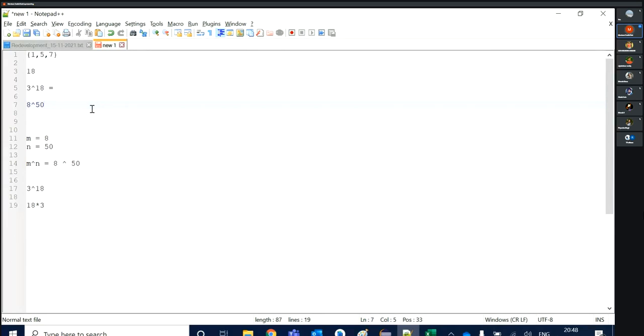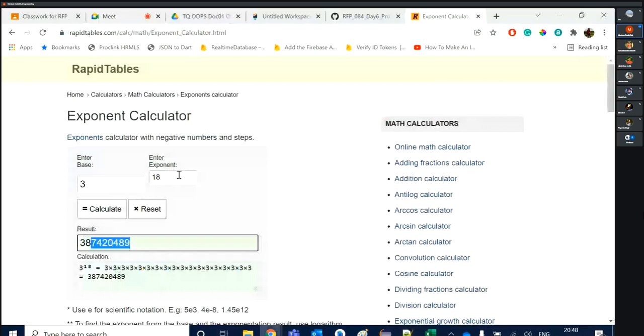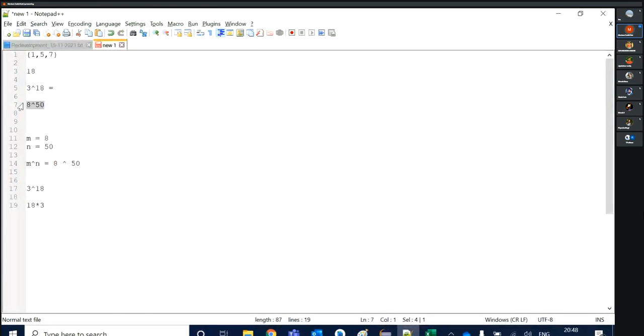8 raised to 50 calculations were there. Getting me? Even for 3 raised to 18, 38 crore calculations, it was working fine and not taking too much time. But 8 raised to 15 is obviously bigger than 3 raised to 18.